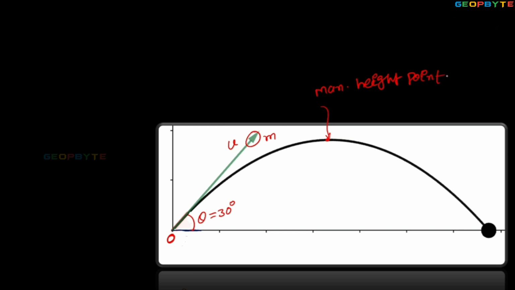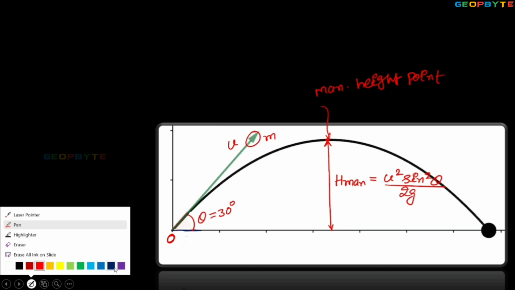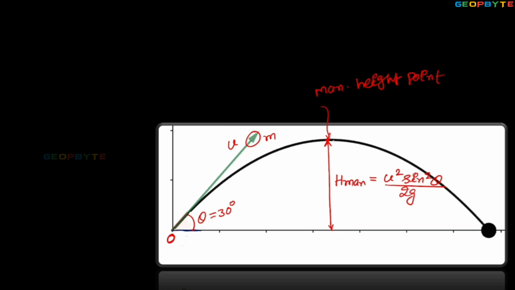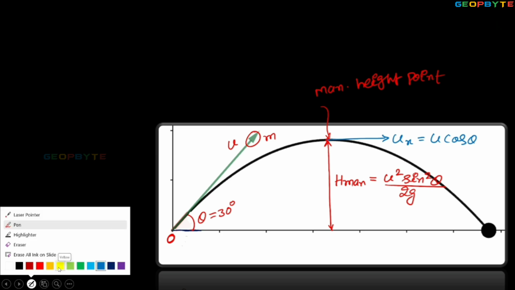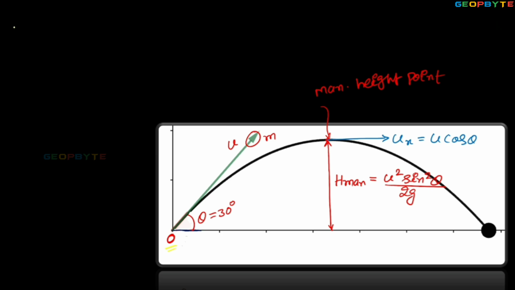Okay. Where the maximum height h max equal to u square sin square theta by 2g. At that maximum height, as we all know, the projectile is maintaining only the horizontal component of velocity, that is ux equal to u cos theta. Then angular momentum about the point of projection, that is O,